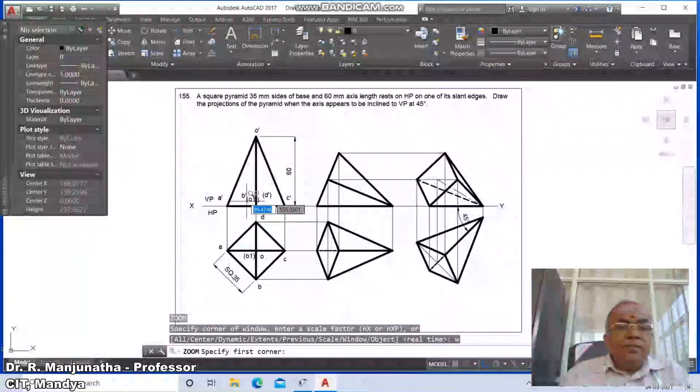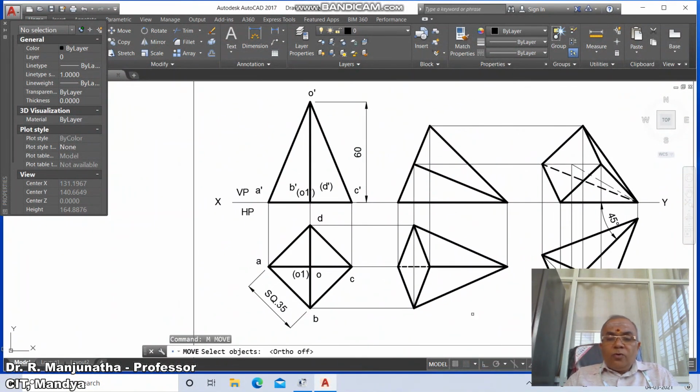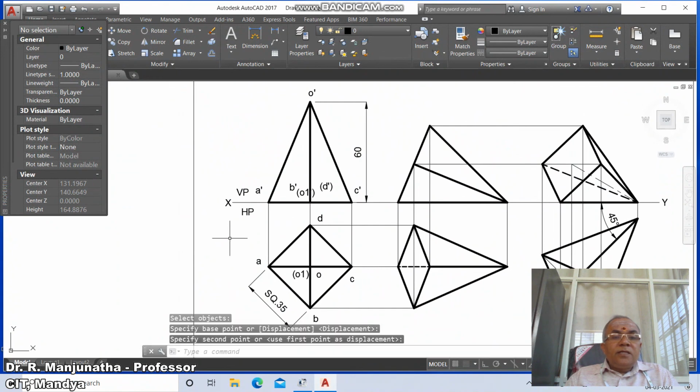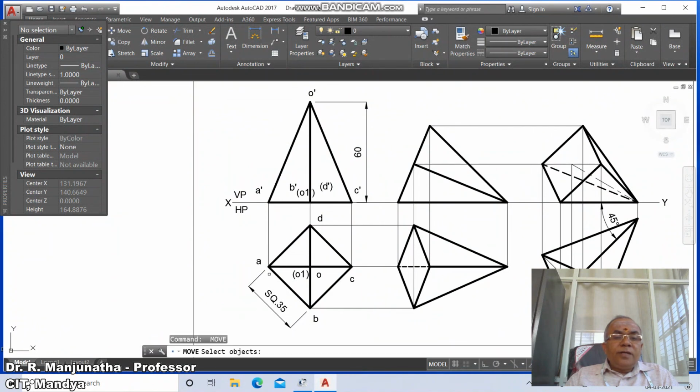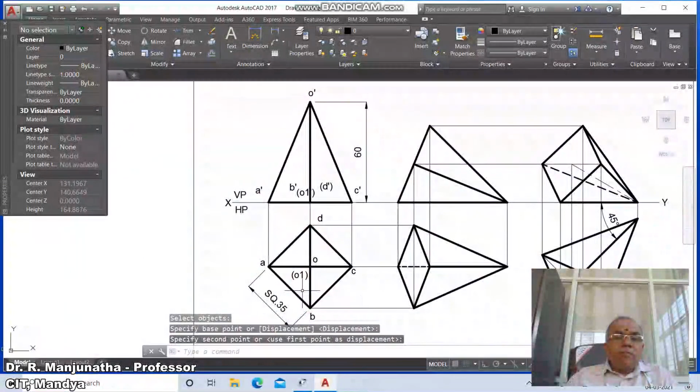Then go to zoom window, select this, then go to move, switch off the ortho mode, click on X and take it here, click on VP, you take it here, click on HP, you take it here, then go to A, you take B, you type C, you type O and you type O1, you type D, you move A dash, you move B dash, you move O1 dash,